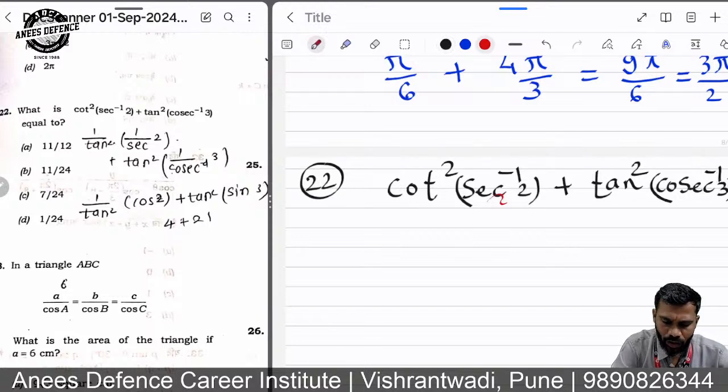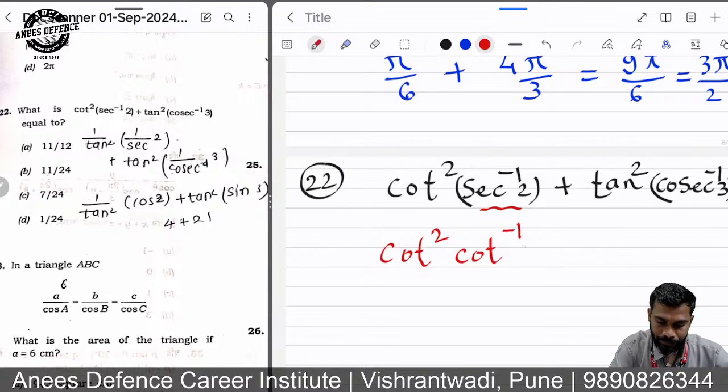Although this is a standard angle, I can directly write the values. Sec inverse 2 is nothing but pi by 3. So cot square pi by 3 plus